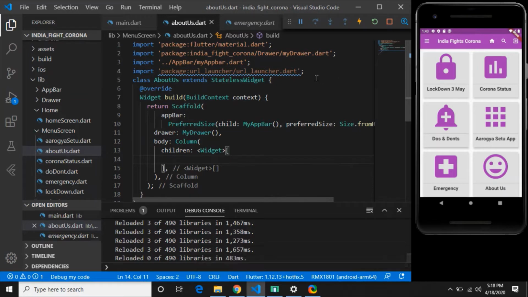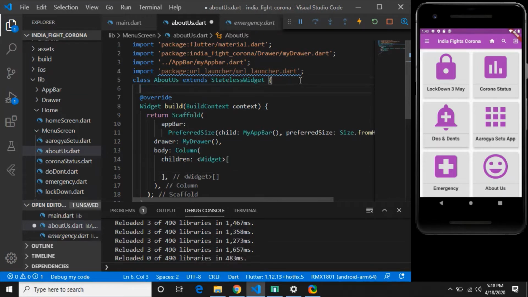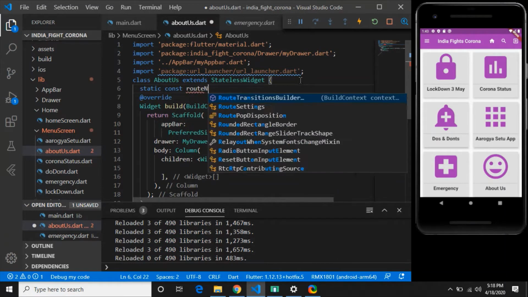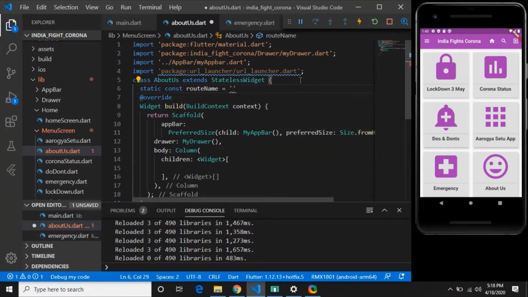We can have the route, so static const routeName will be AboutUs, and it should be slash about us to have some uniformity in our app. And I will quickly connect this with main.dart.